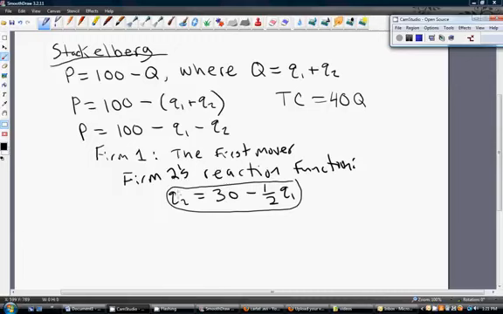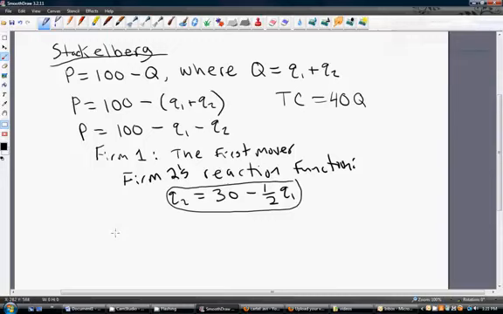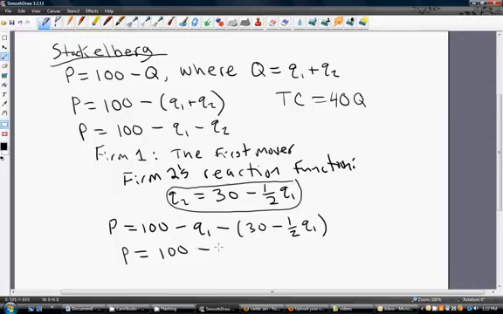So what we're going to do is take firm 2's reaction function and plug it into the inverse demand equation. This is how firm 1 will incorporate how firm 2 responds to its output choice. Simplifying this result, we get that, and simplifying further,